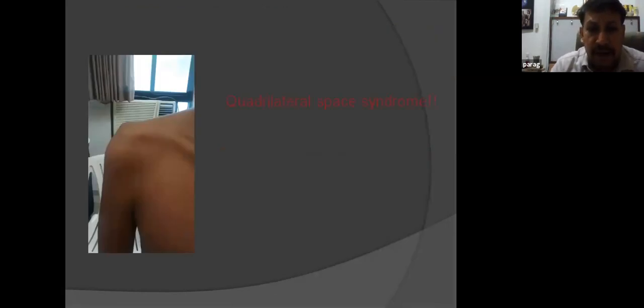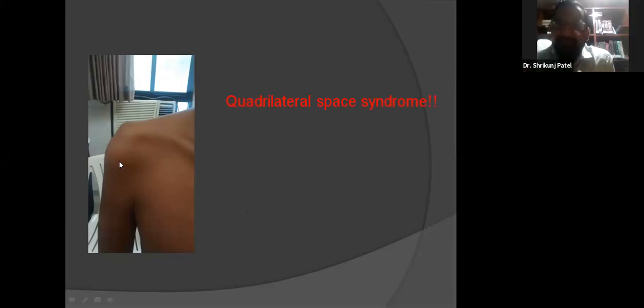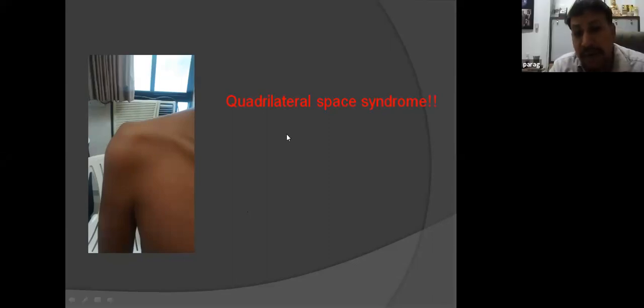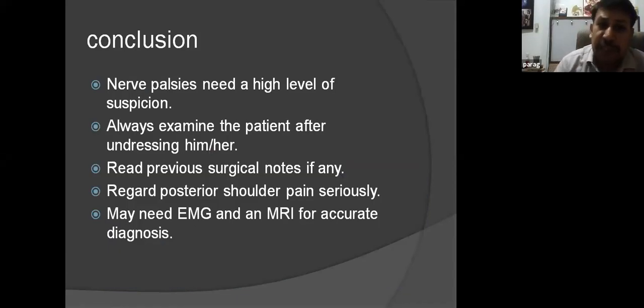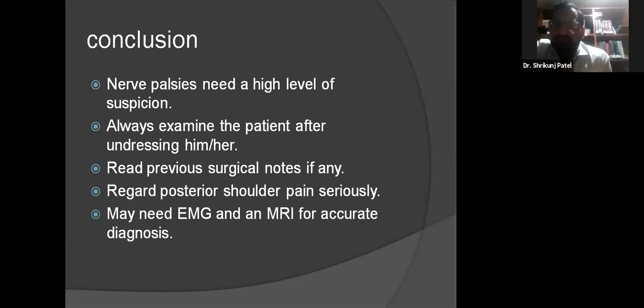So again, as I said, do not forget the nerves. This was another very unusual, interesting case, where there was only wasting of the deltoid here. Can you see that the joint is inferiorly subluxed a little bit? Yes, sir. There is no dynamic stability provided by the deltoid. And this patient has what is called a quadrilateral space syndrome. This is an entrapment of the axillary nerve in the quadrilateral space. We did an open surgery, released the axillary nerve from the back, and he came back to absolutely normal within 6 weeks. So in conclusion, the local examination of the shoulder is incomplete if you do not examine the nerves.